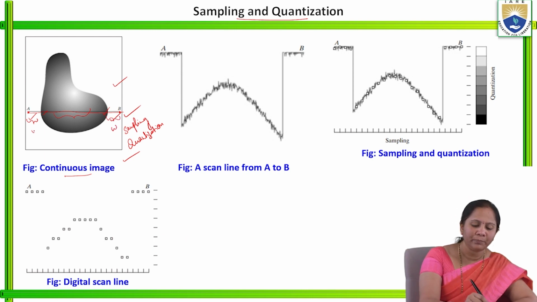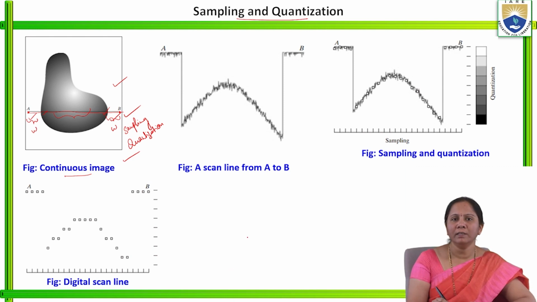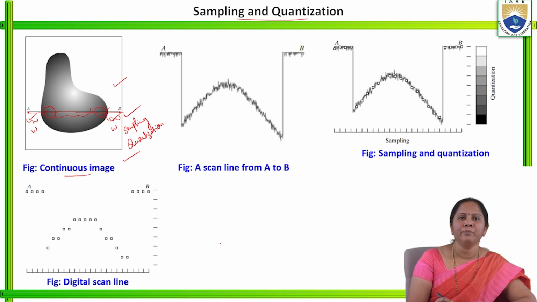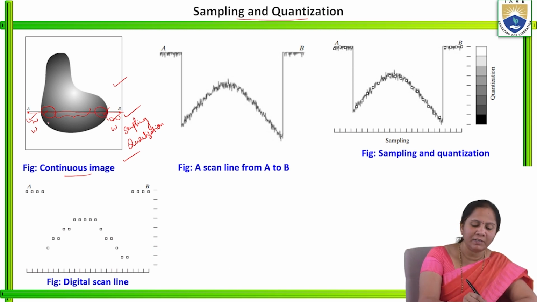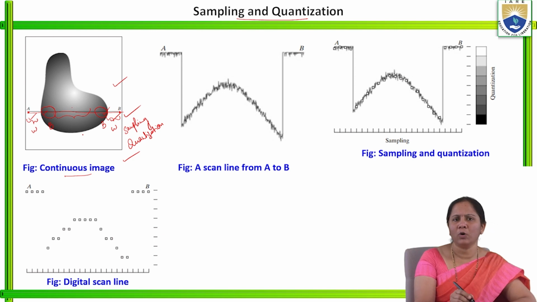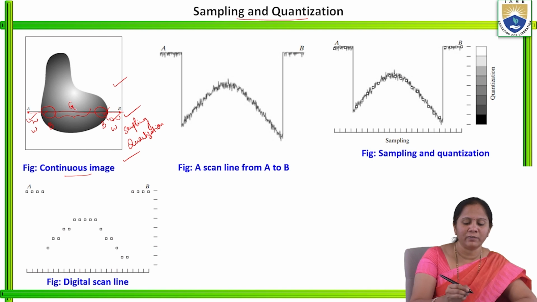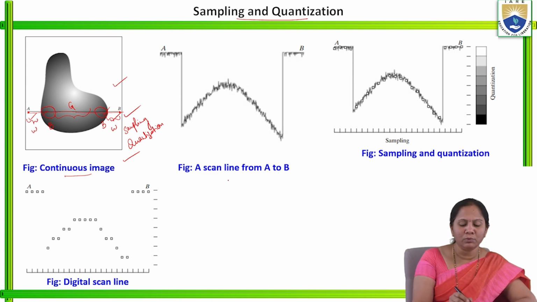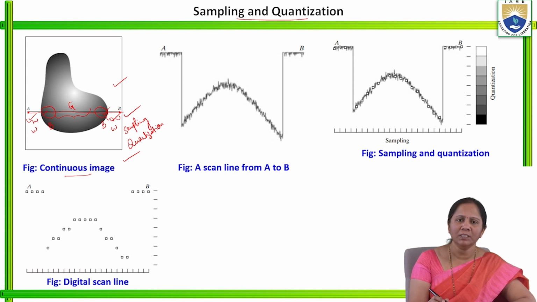it is also purely white in color. If we observe this area, the intensity level is different, somewhat looking like black, whereas in this range it is not pure black or white, there are different shades of grey. Now we have to convert this particular continuous image into a digital image